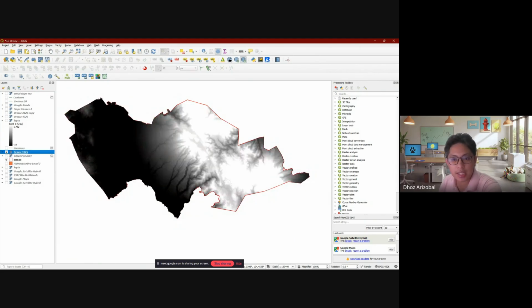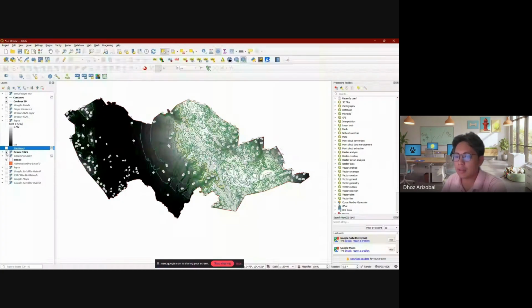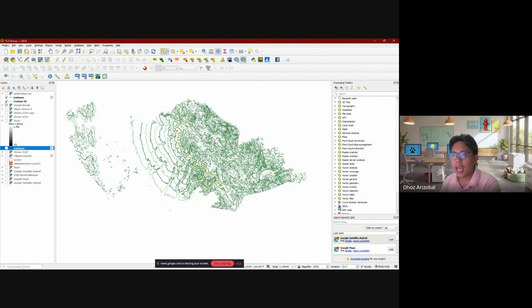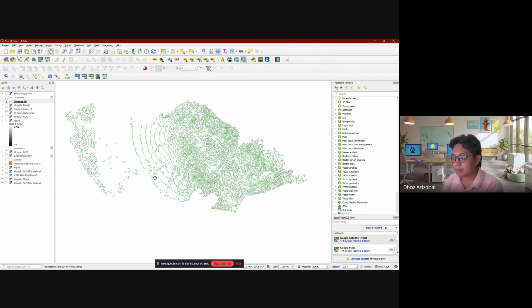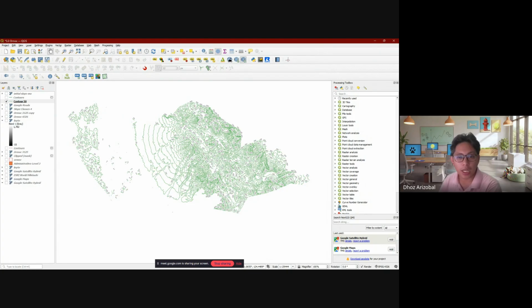So on your exercise guide, the first thing is to do your slope analysis. Instead of doing the slope analysis from your contour map, like how we were taught before, where normally when you analyze the slope of an area, you measure the length of your contour horizontally, then you take the contour interval, and that's the slope. But we're not going to do that. Let's let QGIS do the work for us.